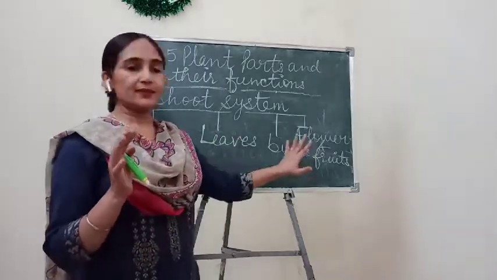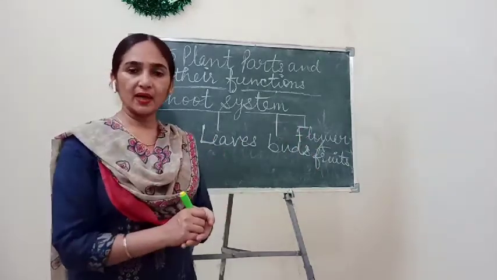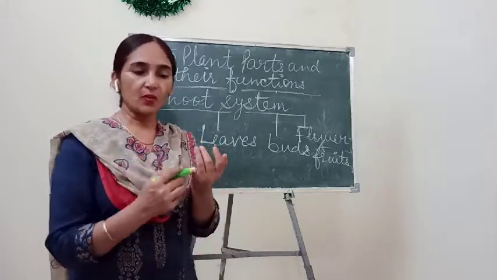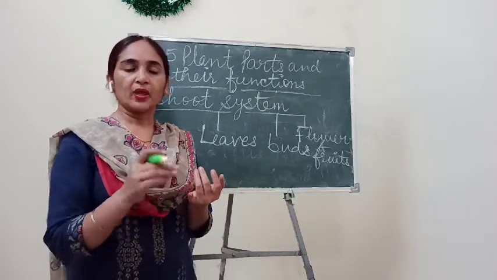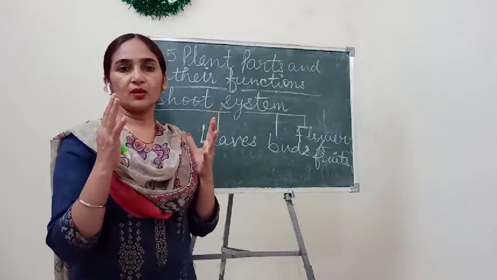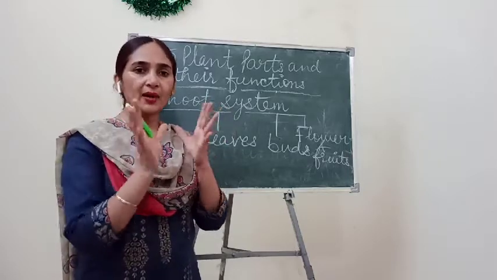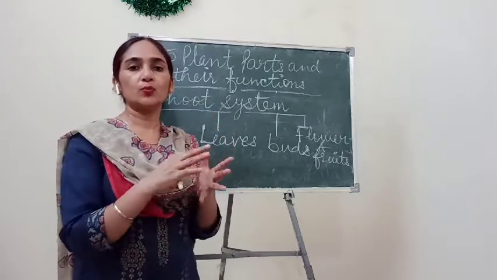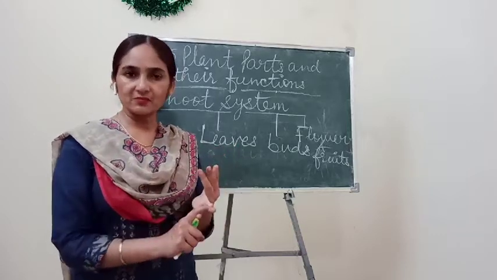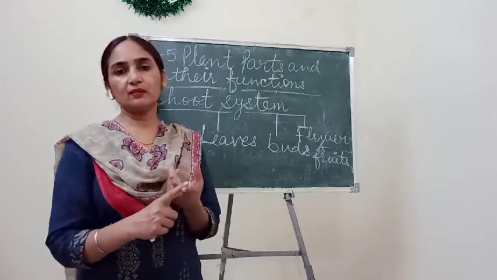And other than pulses, we have also studied about oil yielding plants. You have studied in the previous class that some of the seeds provide us oil, and some of the seeds we use as dry fruits. Okay, so different plants provide us different food products, either in the form of roots or in the form of stems or in the form of leaf or fruits and seeds also.